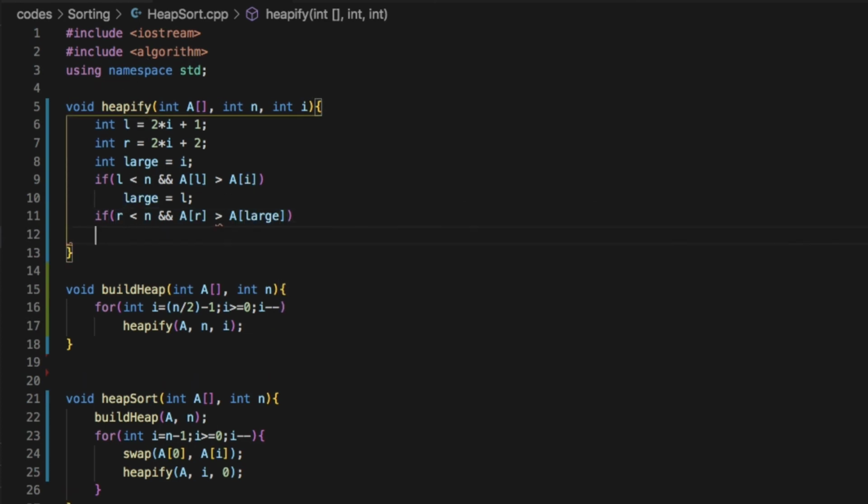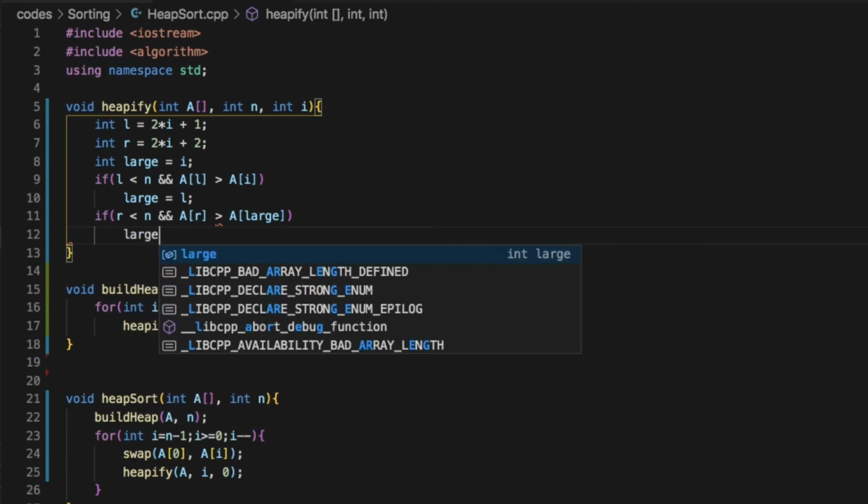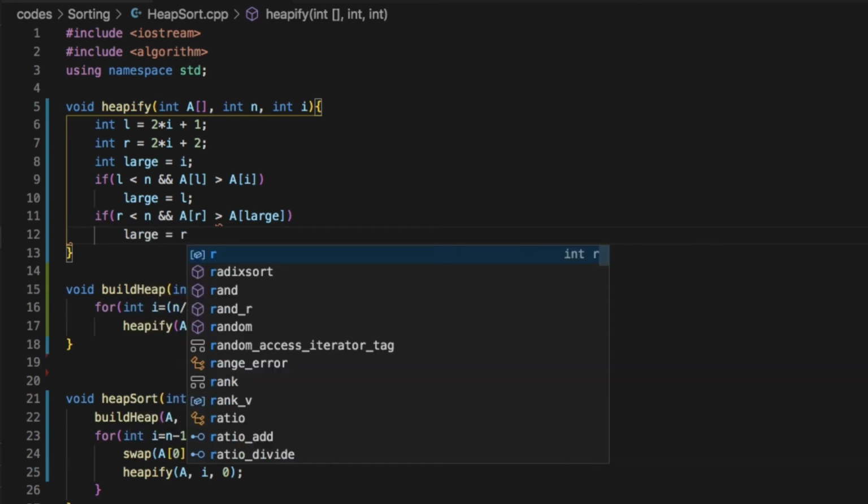Therefore, if so, we update the value of large as R.